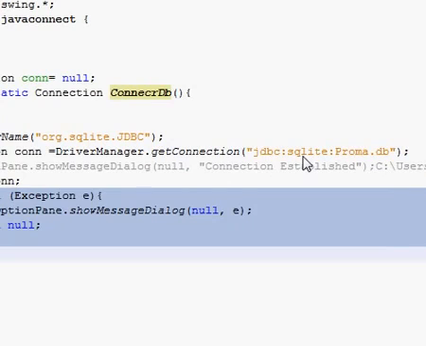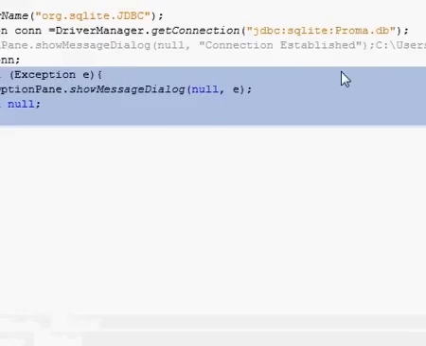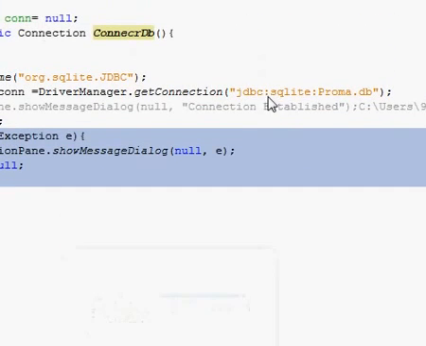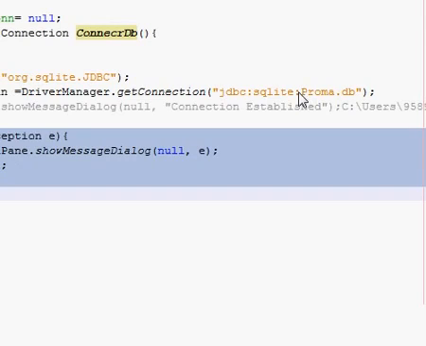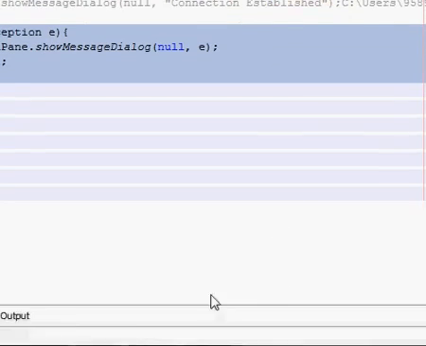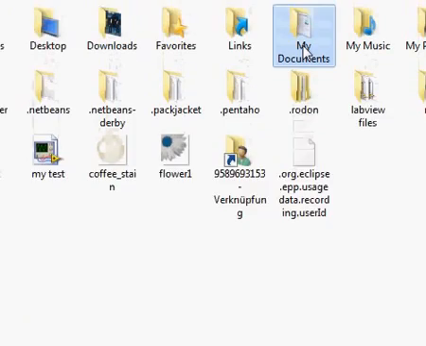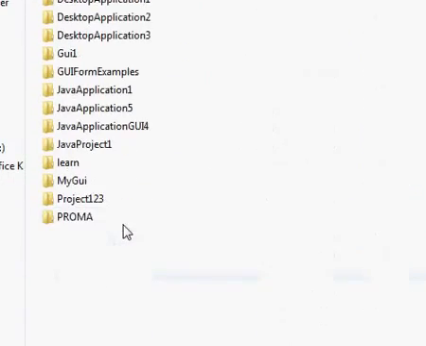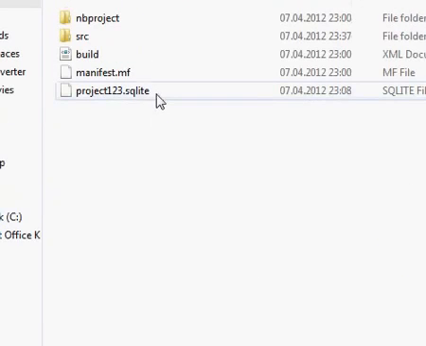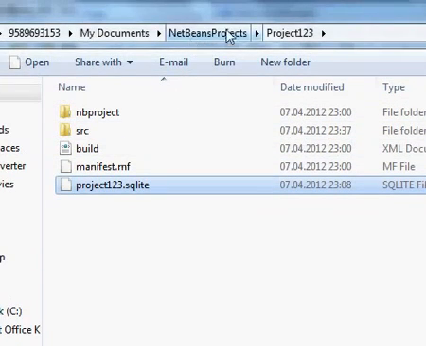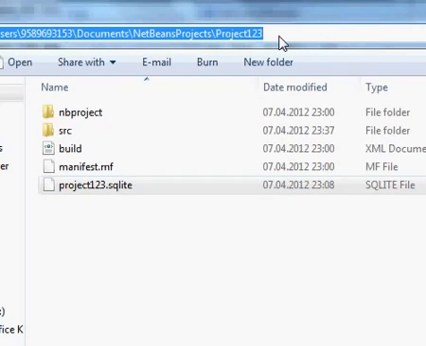and in the bracket you have to write, I'll show you, jdbc:sqlite, and the file you have already made in SQLite, which is the project123.sqlite file, and you have to give the path. We know that we already saved our file in our NetBeans project. We'll go to the NetBeans project 123. This is the database file of SQLite we already created in the last tutorial. So click this, and you just have to copy its path. So copy the path